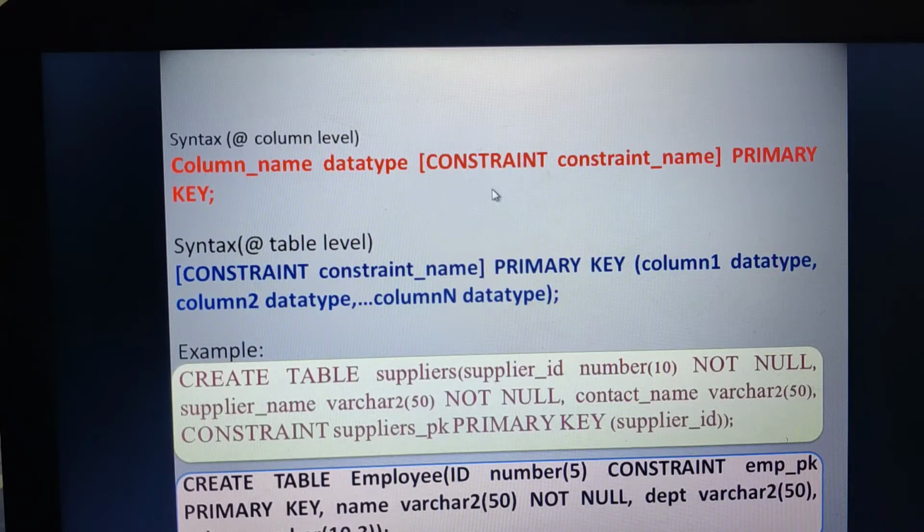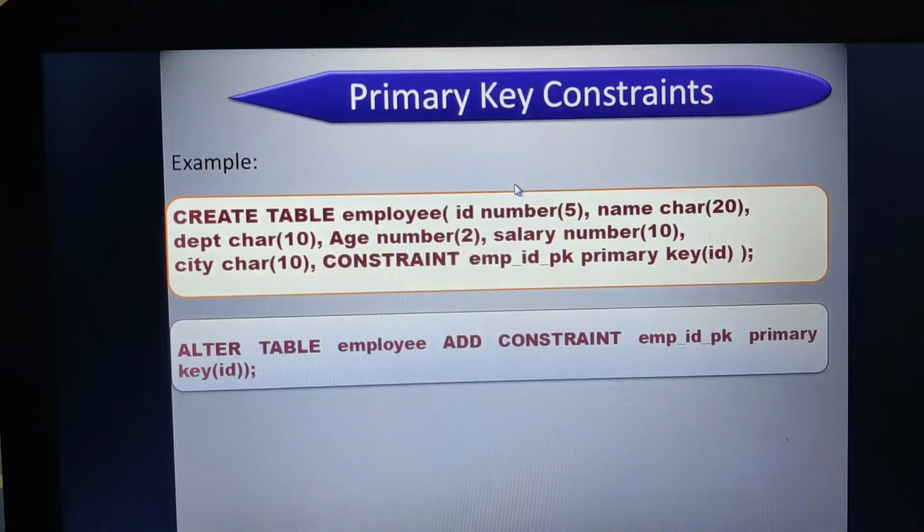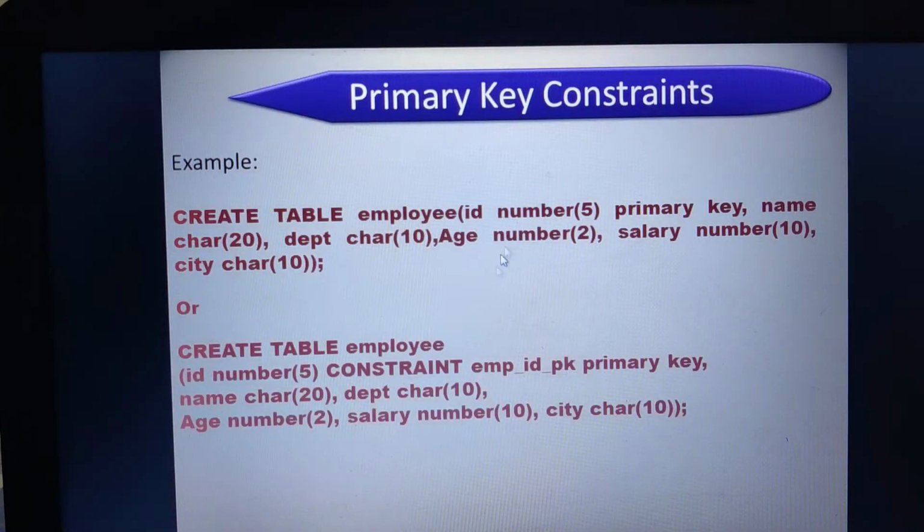But how do I create the table known as employee? By using this constraint. If I give the constraint, how shall we apply it? We shall look at this example. Create table employee, ID number 5, constraint, and then constraint name. Now this constraint name is any user defined name. I can give any name here. Then followed by the constraint. What is my constraint? That is primary key. Then followed by all the other fields you want to define. So this constraint and constraint name is optional.